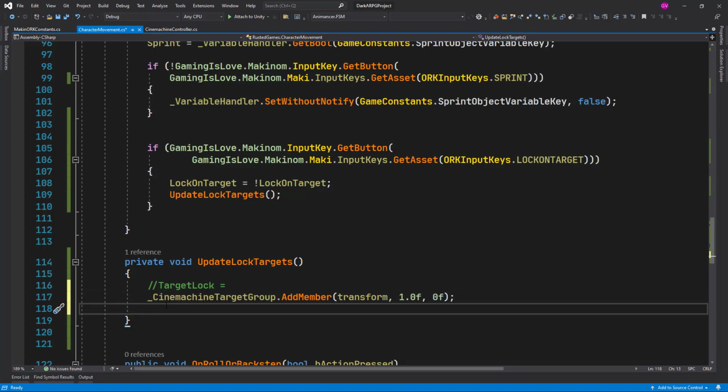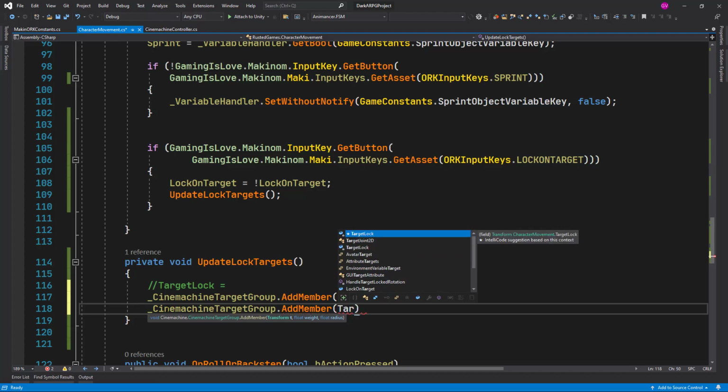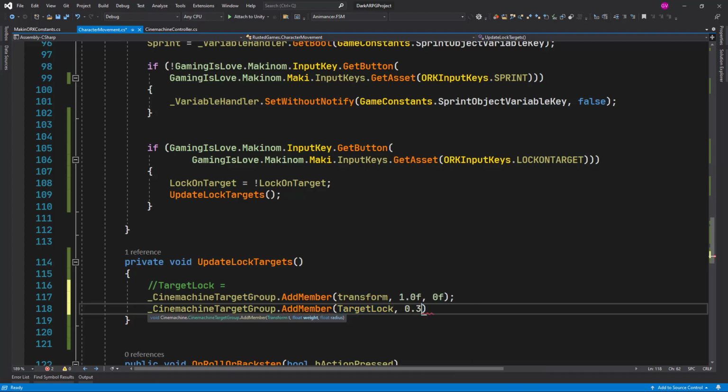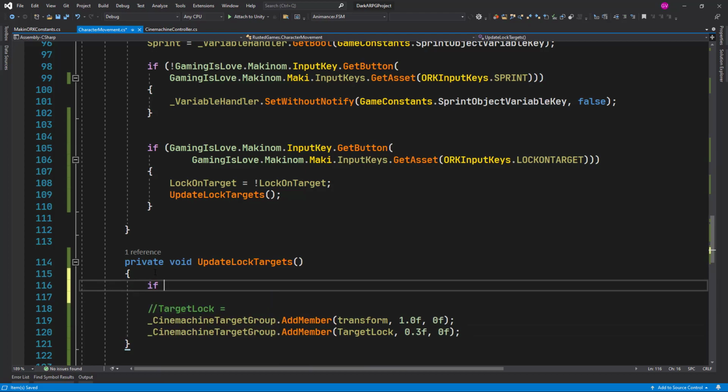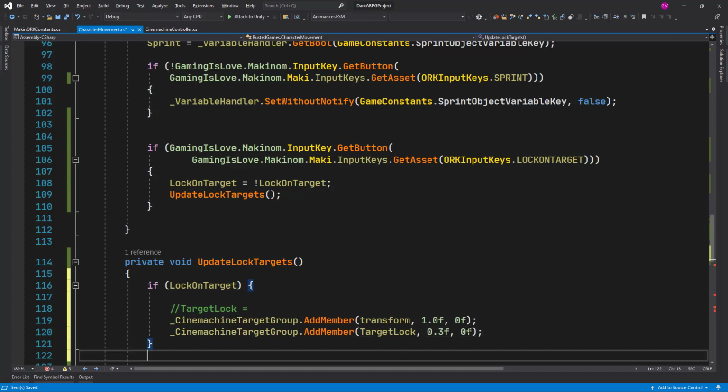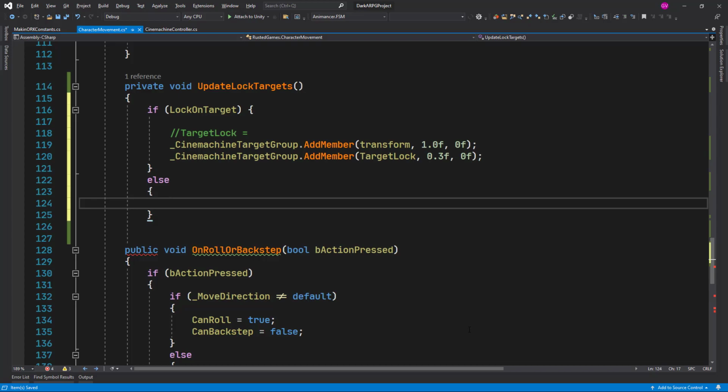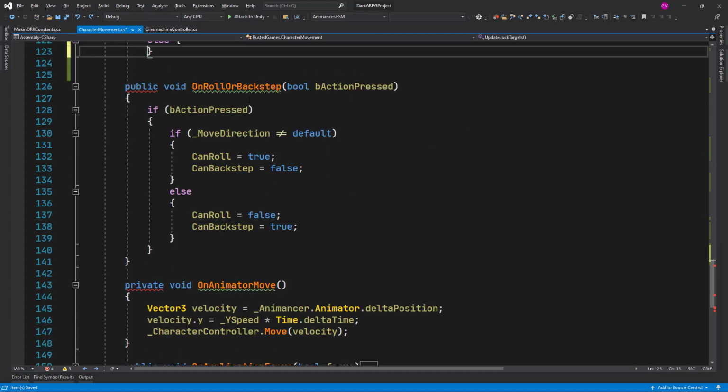We can check whether the target lock is null or not, but in this case let's just try it with add member again, and in this case it's going to be the target lock. The weight is going to be 0.3 and the radius to 0. And this stuff needs to be executed only if we are locked on. So let's check this flag we had, lock on target. Then we do all these things. Otherwise, what we're going to do, let me